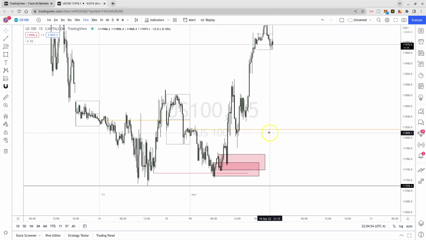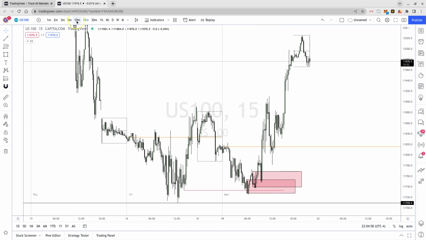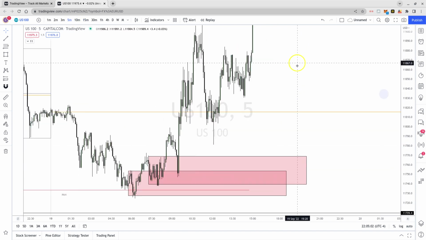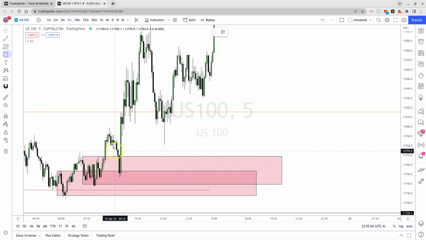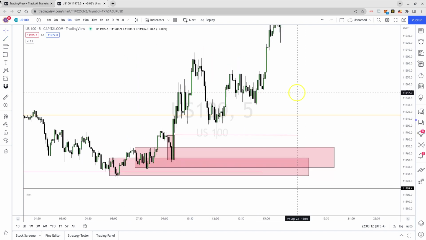So I actually rode through both sessions with this trade today. Once I saw your series of down close candles, all price does is trade to the high of that candle. Now on the 15-minute chart,